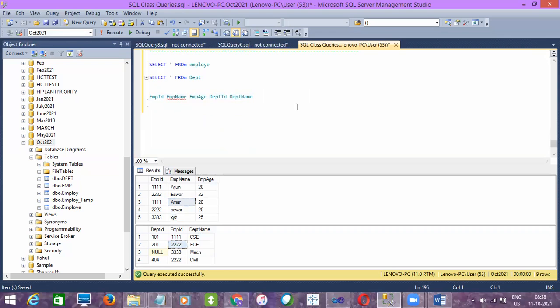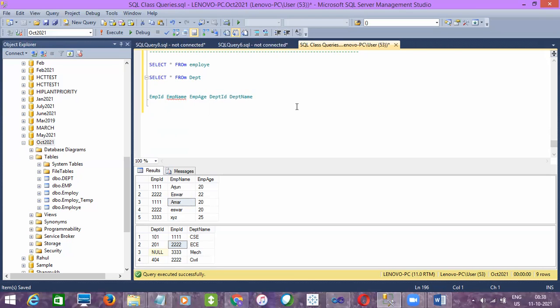Select star from employee. In the brackets, employee ID, employee name, employee age. Close the bracket. Star from department, department ID and department name in the bracket. Are you sure that will work?